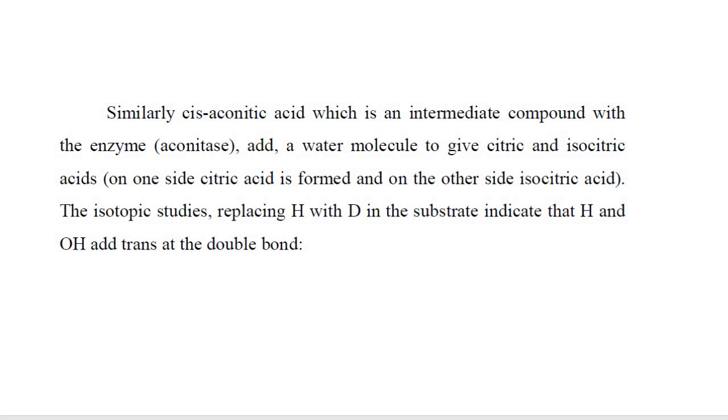Now similarly, cis-aconitic acid, which is an intermediate compound with the enzyme aconitase, adds a water molecule to give citric and isocitric acid. On one side citric acid is formed and on the other side isocitric acid. So isotopic studies replacing hydrogen with deuterium in the substrate indicate that hydrogen and OH add trans at the double bond. So my friend,